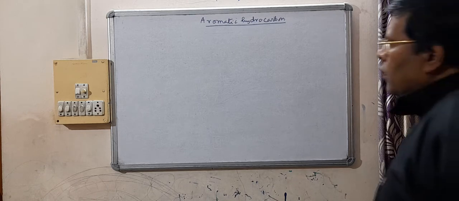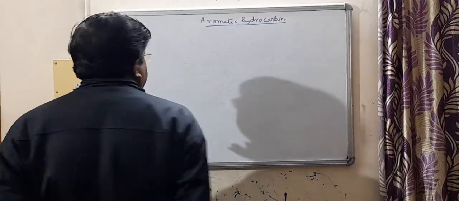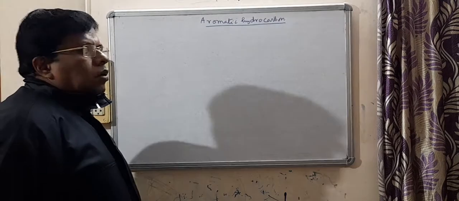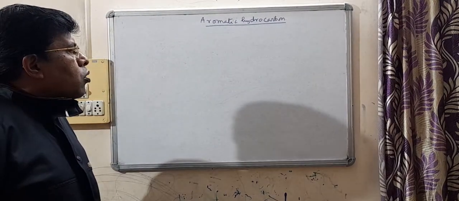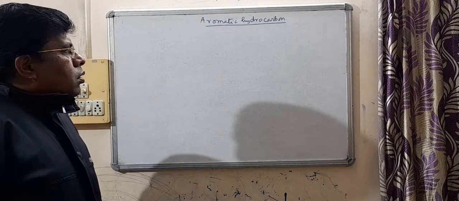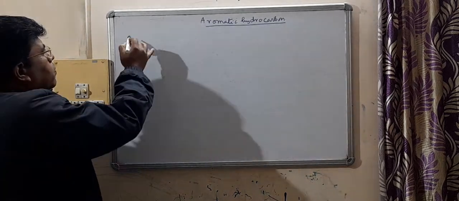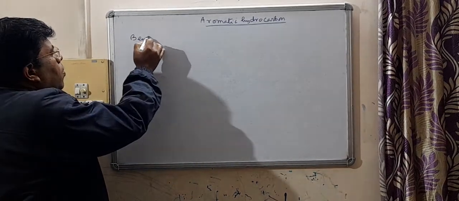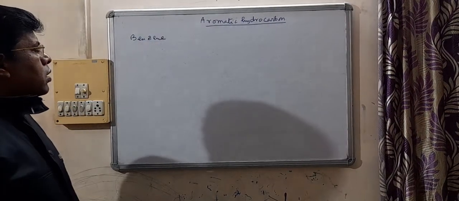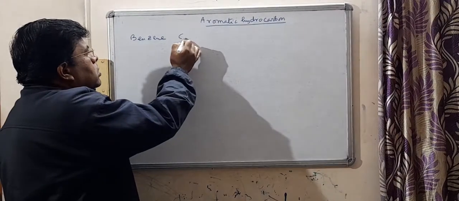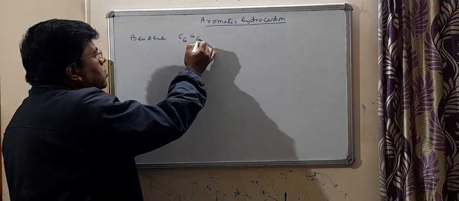Good evening, children. Today we are doing aromatic hydrocarbons. You know the simplest and the most important aromatic hydrocarbon. It is benzene. Benzene has the molecular formula C6H6,